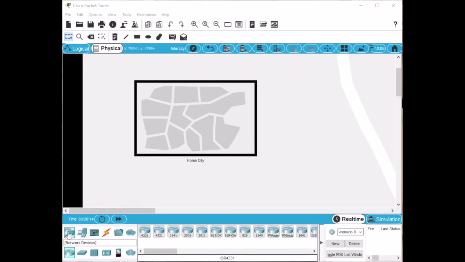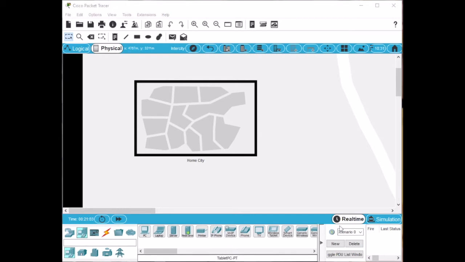Then this component is called the device selection box. This one is very useful. Whenever you click here or another device here, there's a selection for a specific device that you want